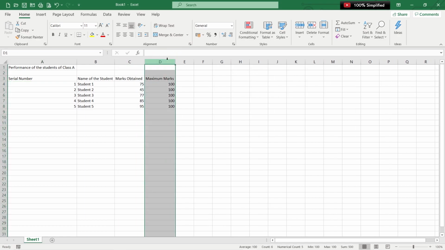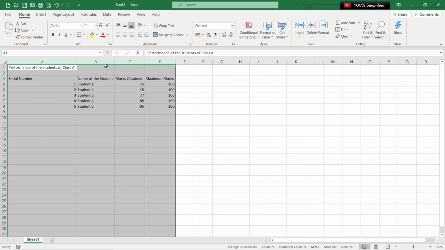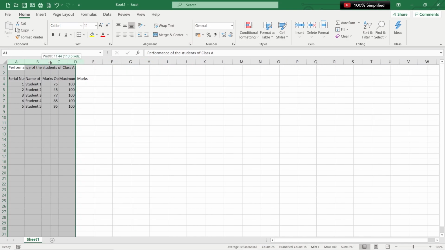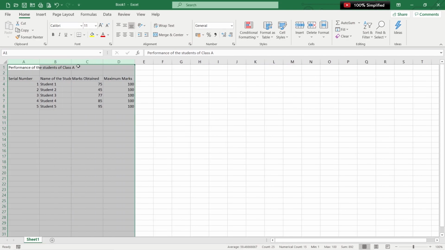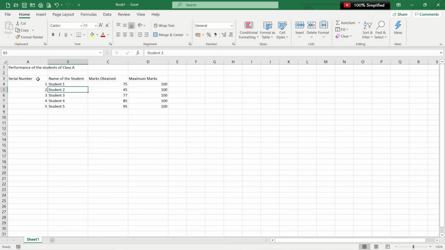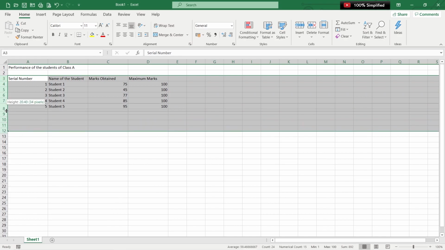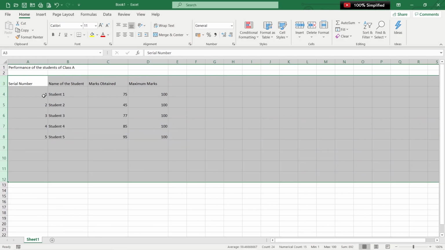Similarly here, similarly here. However, please note the best way to do it is to simply select all the columns of your table and adjust the width of that cell as you feel right. So let me just adjust the width till here. Yeah, I think now all my column headers are fitting into the cell and this width looks fine. Similarly, you can do the same thing with the rows. You can select n number of rows and simply increase the height of each of the cells.